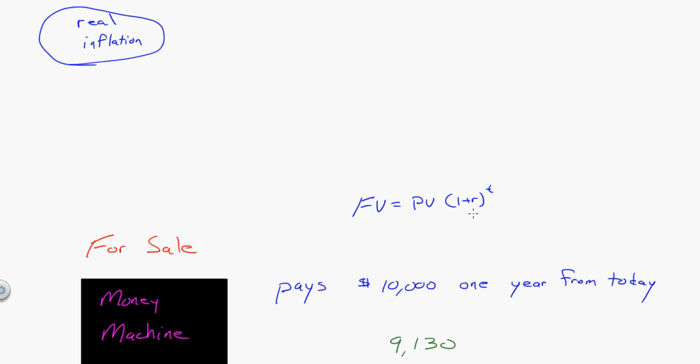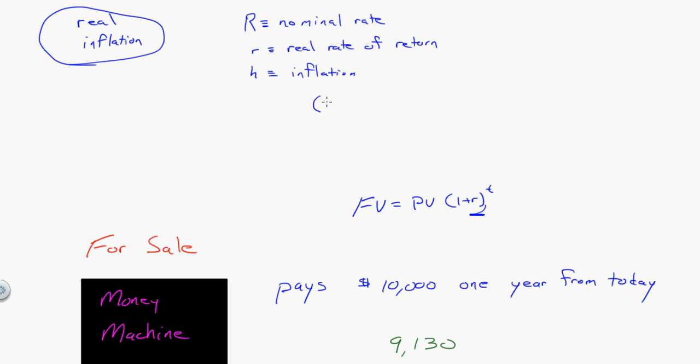The terminology can be confusing, so just try to get this jargon straight. The interest rate I put in right here is what's called the nominal rate. I usually represent that with a capital R. Capital R, with 3 dashes meaning I'm defining it this way, is the nominal rate. And a lot of times people call lowercase r the real rate of return, and we'll use H for inflation.